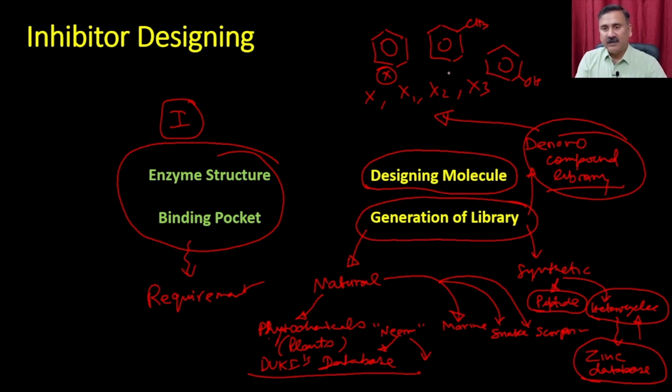So if I put different types of groups, I am designing different types of molecules, and testing these will guide you as to which one is better. So for example, if CH3 is better and OH is reducing activity, then I'll not put the OH here, I'll put OH somewhere else, or I can make the modification somewhere here and all that. If you do that iteratively, it is going to allow you to design a very good molecule, and that's how you can design a good library. Now,